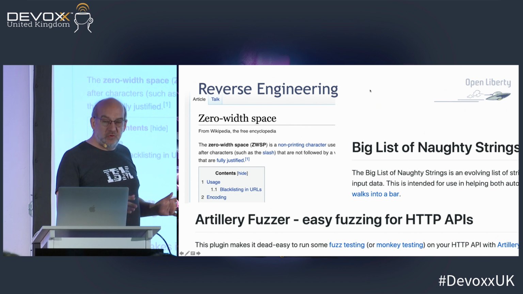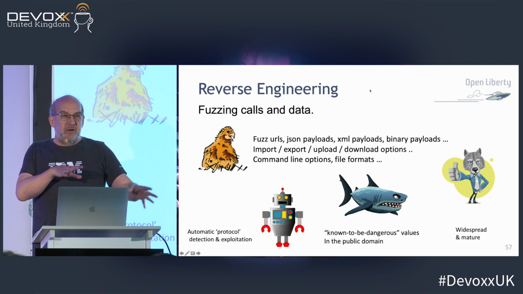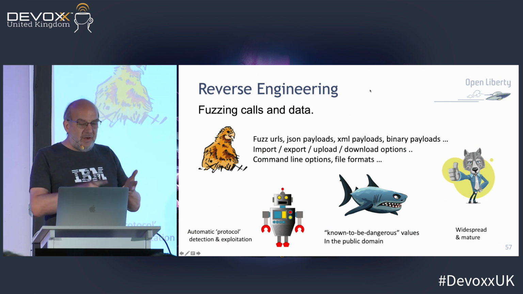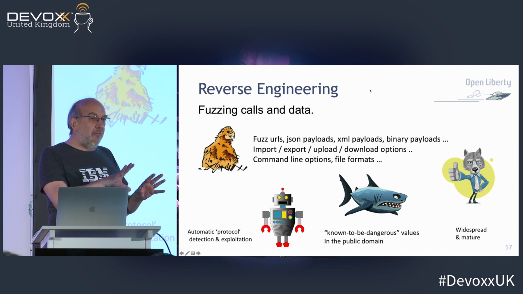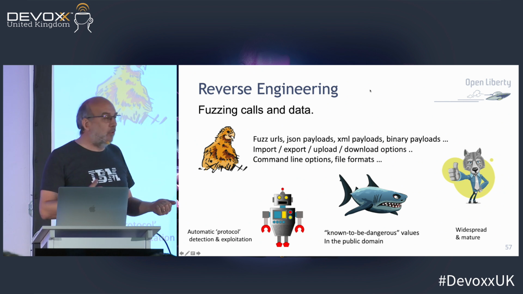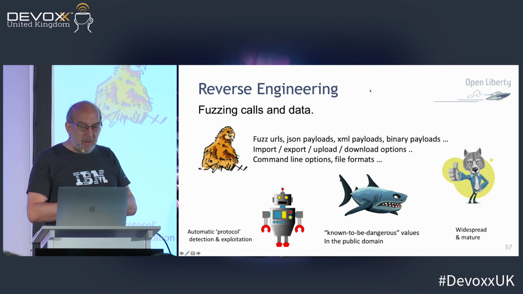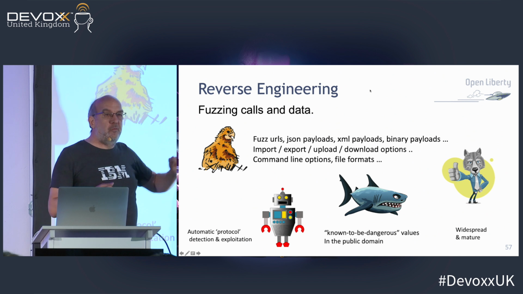And it covers all sorts of spaces. So, reverse engineering, fuzzing, this isn't just URLs. It's headers, it's the JSON payloads that you post. When you post something, if I've managed to see what you post or your URL is, your API is properly documented, I can try these things. I'm going to start to figure these things out. Command line options, file formats.